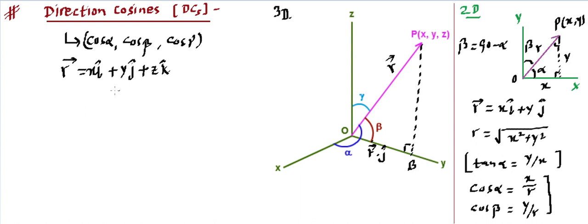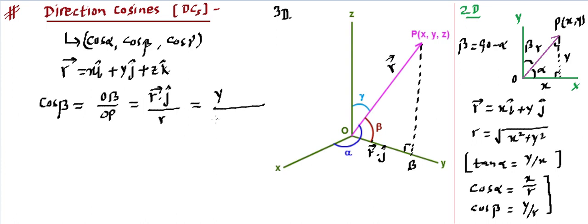Now in this triangle we can apply the cos beta. So what is cos beta going to be? Cos beta will be equal to this OB, that's the projection, divided by OP, base over hypotenuse. Then the base value can be written as R dot j divided by OP, which is R magnitude. Making sense or not? Now R dot j, R vector is this. If we do the dot product with j, then this is going to be simply y coming in, and R can be written as the square root of x square plus y square plus z square. So this becomes the value of cos beta.